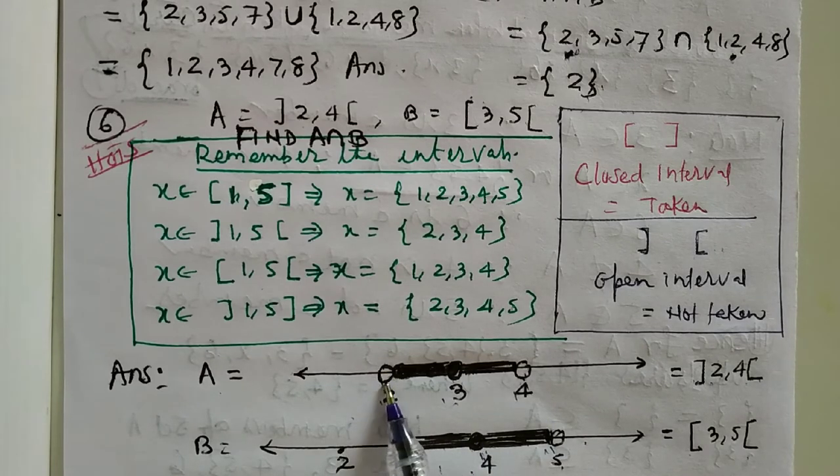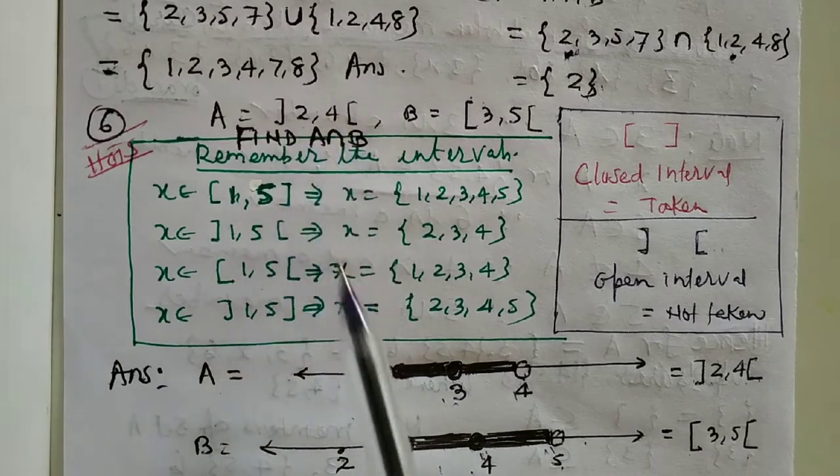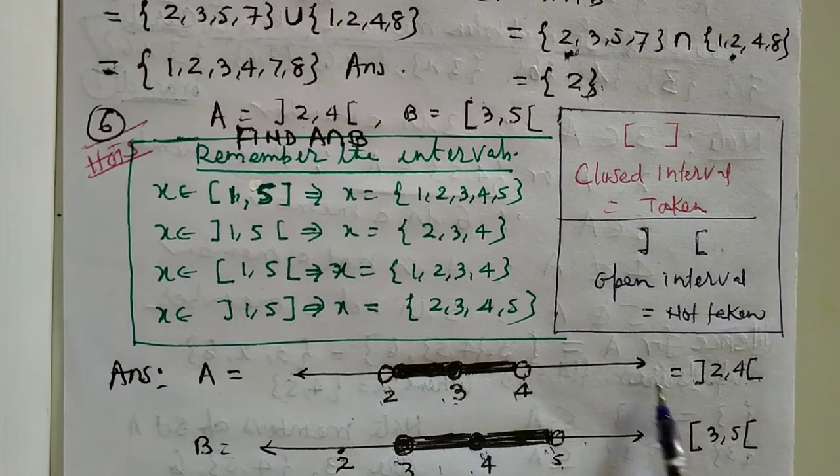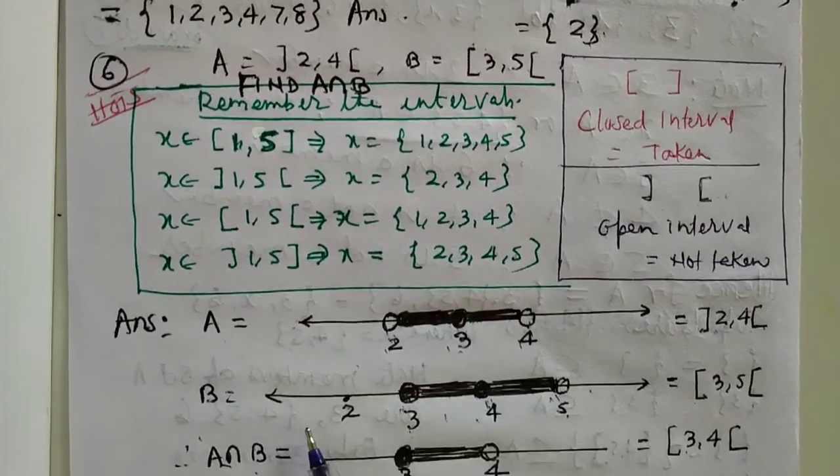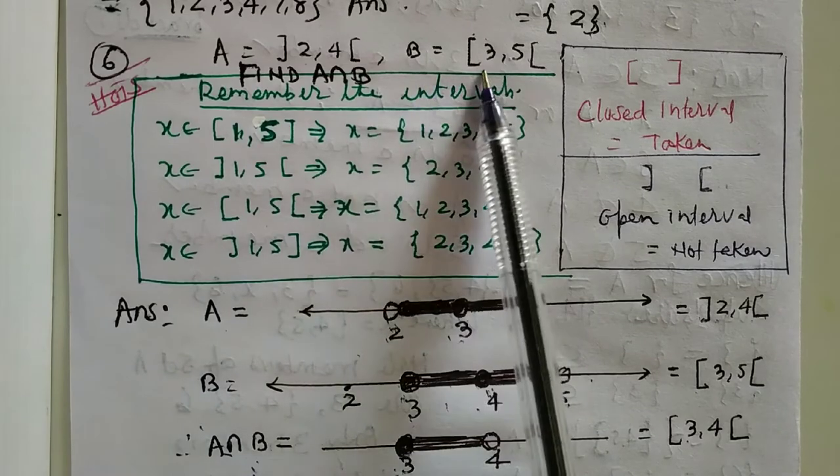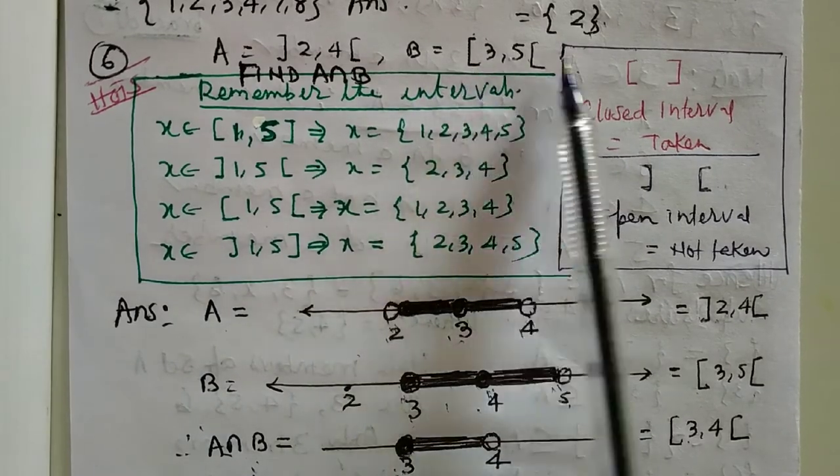ये ब्लैंक है, देखो डार्क नहीं किए हैं, खाली स्पेस है सर्कल के अंदर. ये भी खाली है, इसलिए कि हमको 2 और 4 नहीं लेना है, बीच में 3 लेना है. इसी को हम लोग 2, 4 कहते हैं. अब बी देखो, यहाँ पे बी में है 3, 5. 3 taken, 5 not taken.